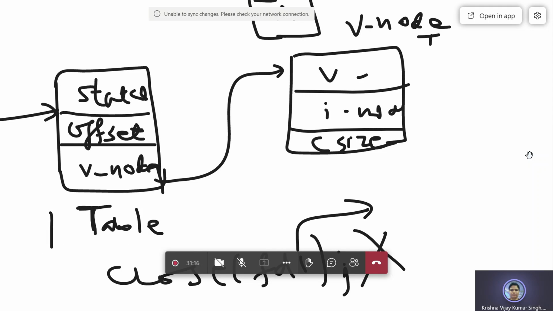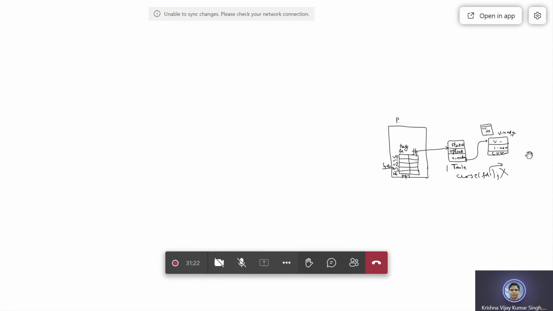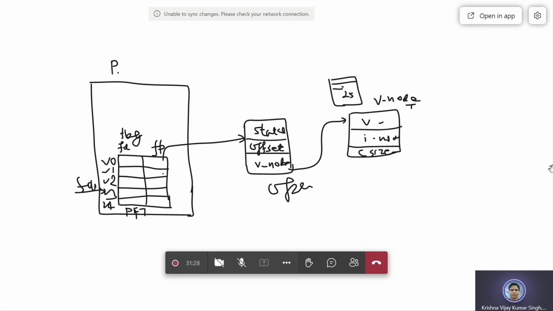Now after some time, let's say once again you are writing a statement like open, and this time you are opening an employee file, e.txt, and this time also you are opening in read mode only. And here you are putting FD3. Then if you print the value of FD3, what will happen? What will be printed?